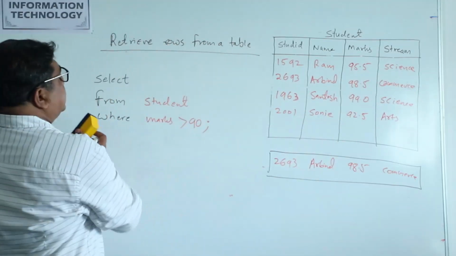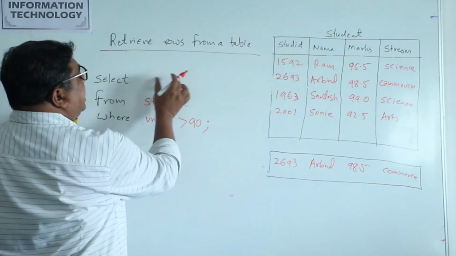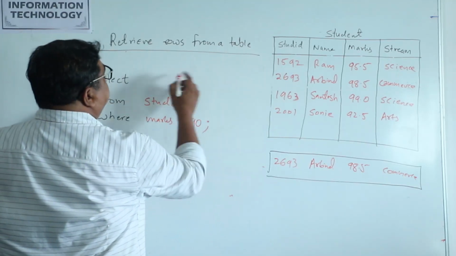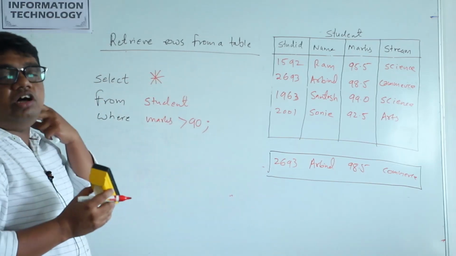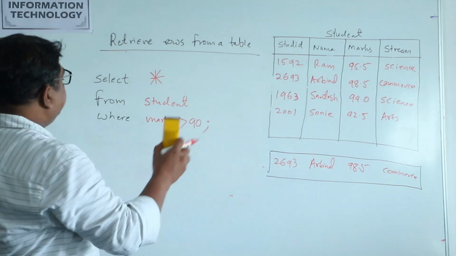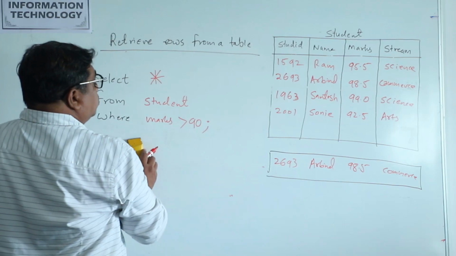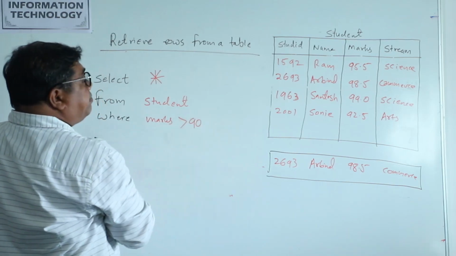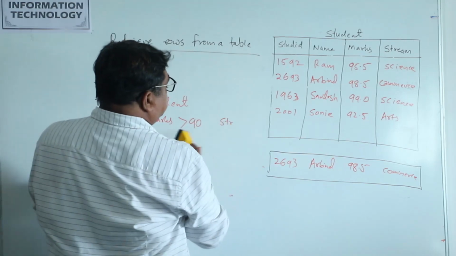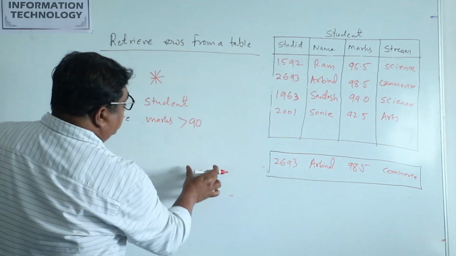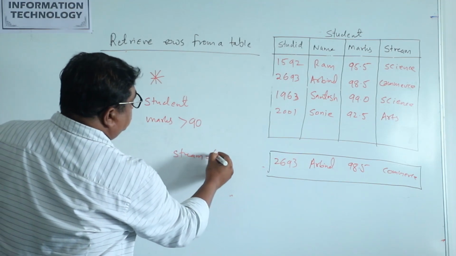So instead of writing student ID, comma, name, comma, marks and stream, I can write directly star, and star denotes all the information, all the columns. From student, where marks is above 90 and another one is stream, I am writing it down, stream is equal to